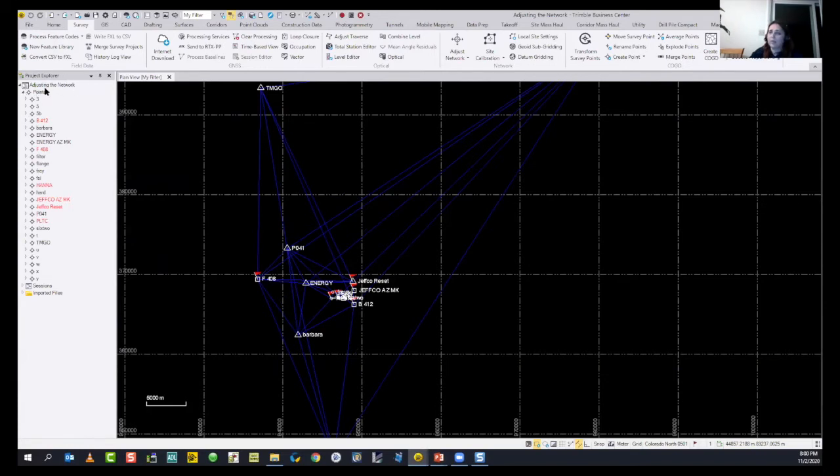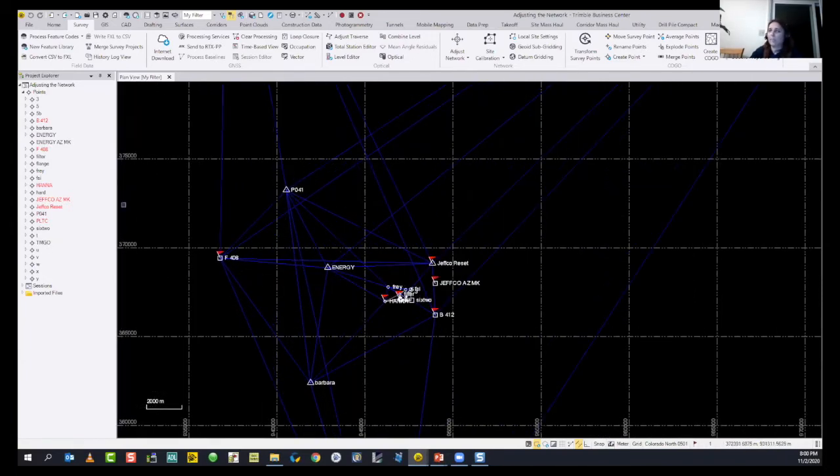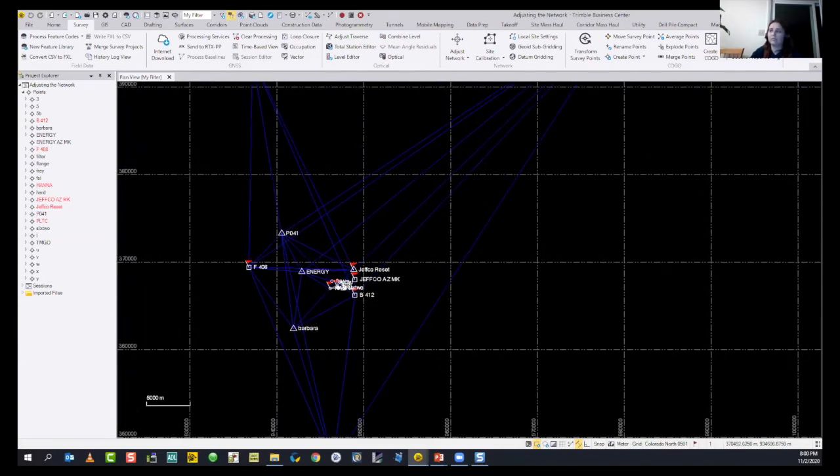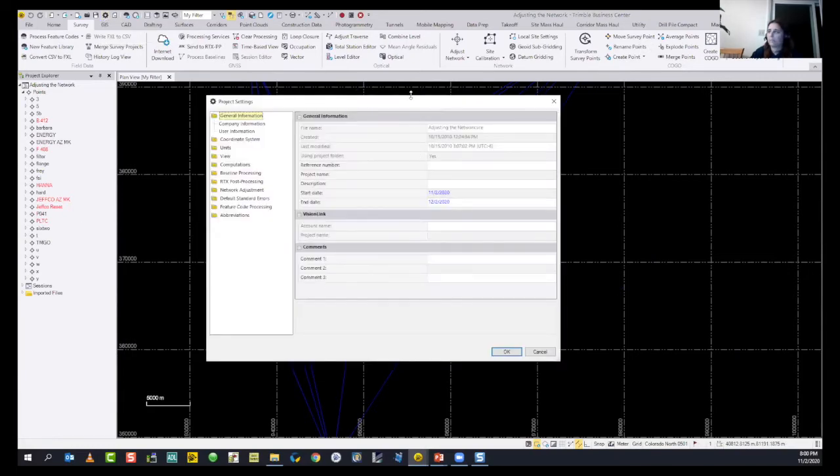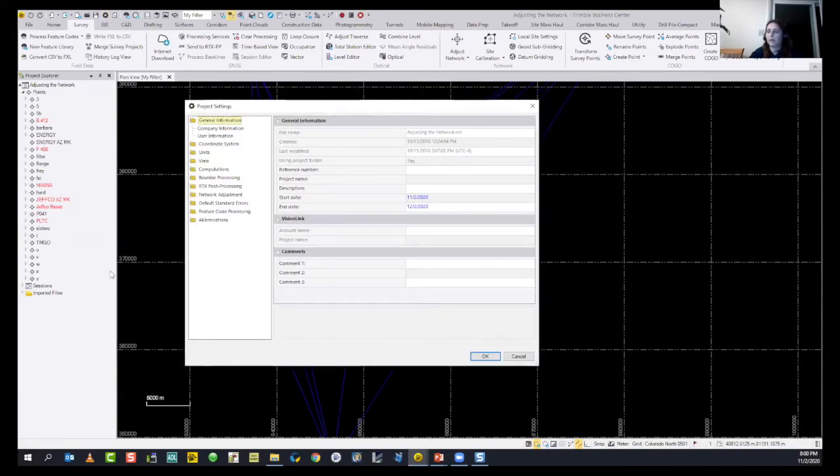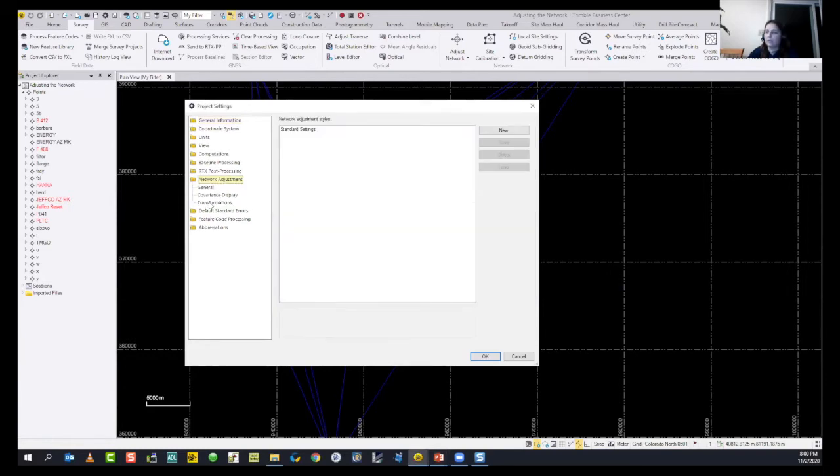Under Project Explorer, I'm going to display all of my points. Some of them are level points, and some of them are GPS points, GPS shots. Following the TBC approach, we start our process with the project settings, and we will change our settings first. The first setting we're going to change is the network adjustment.